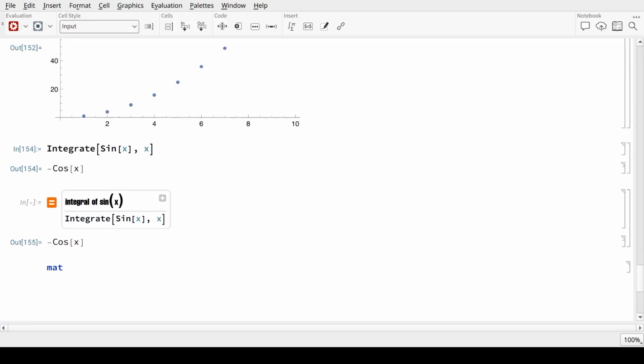And another thing is, how do we define matrices in Wolfram Mathematica? In order to define matrices, we say matrix 1 equals curly braces, and inside of curly braces input another curly braces, then comma another curly braces, comma another curly braces. Then inside of each curly braces you can input values: 4, 5, 6, 7, 8, 9,